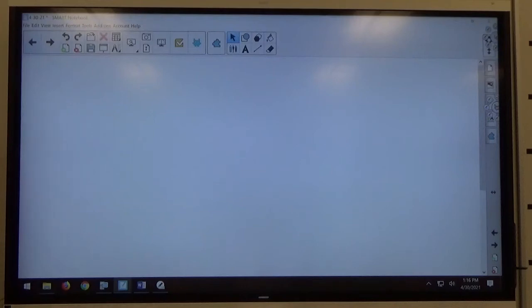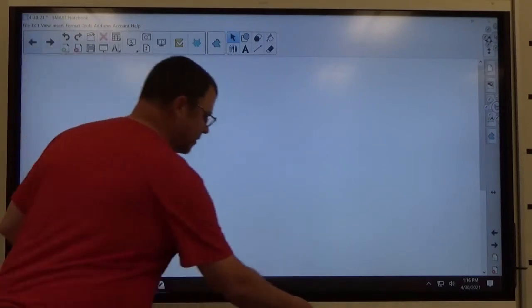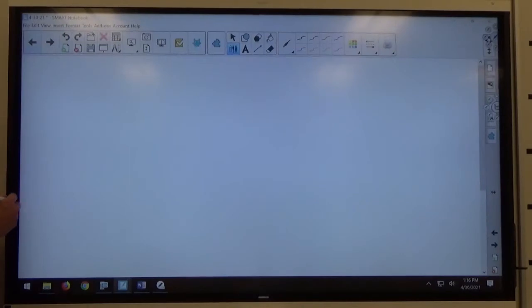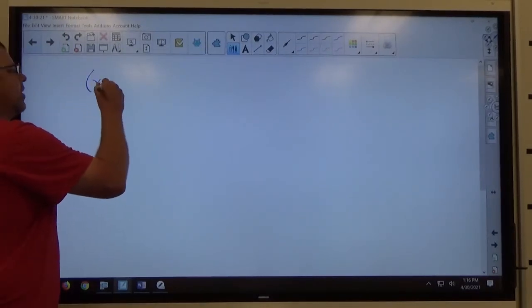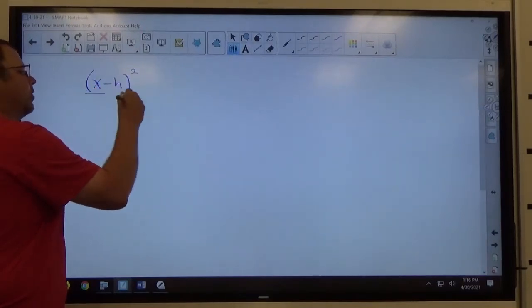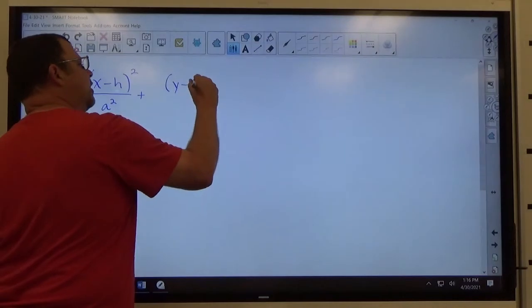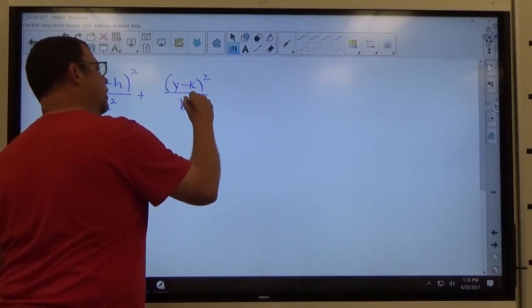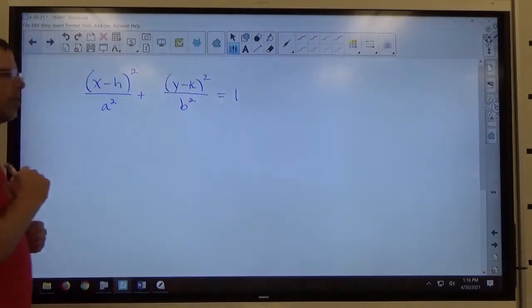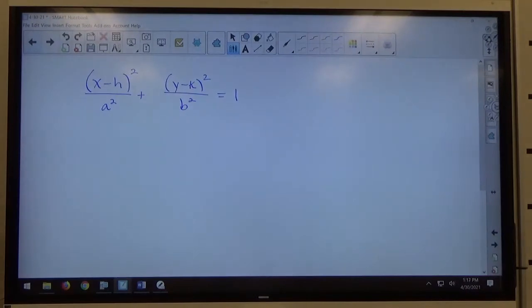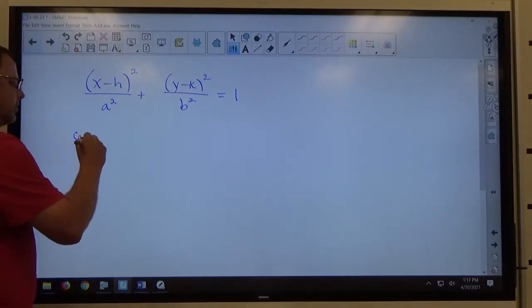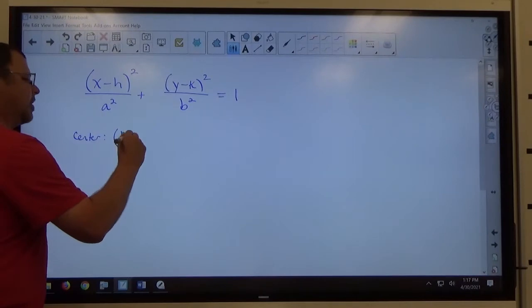If you recall from Monday, seems like years ago, we had the equation of an ellipse. Standard form has this structure: (x minus h) squared over a squared plus (y minus k) squared over b squared equals 1. That's our standard form of the equation of an ellipse. And the center